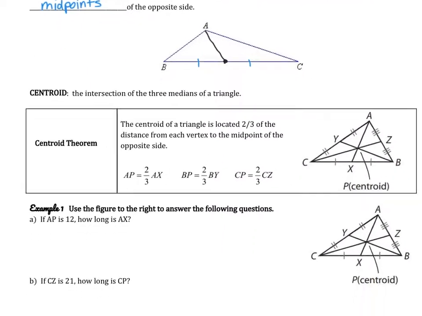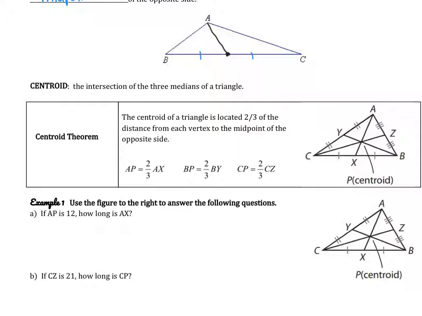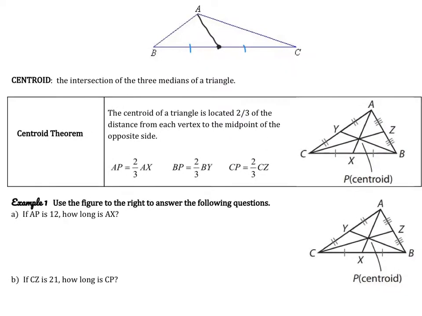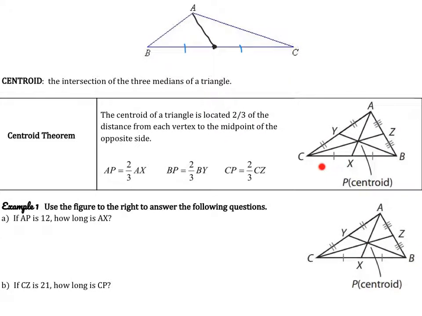So we've been talking about the point of concurrency of different types of segments. So our new point of concurrency is called the centroid. So the centroid is the intersection of three medians of a triangle. So if you look at this picture over here, I know that these are medians because they all go from a vertex to a midpoint. And again, I know X is a midpoint because I see two congruent segments. I know Y is a midpoint because two congruent segments, and the same for point Z. So I know that all three of these are medians, and so that makes this intersection point, point P, the